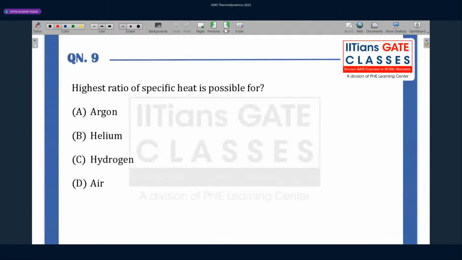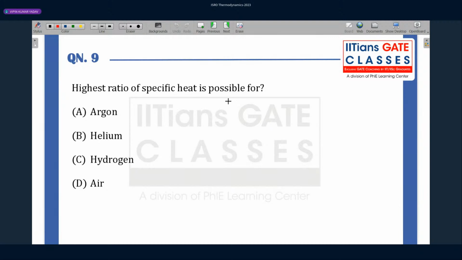Which has the highest ratio of specific heat: argon, helium, hydrogen, or air? Okay. So here helium is a monoatomic gas. Even argon is a monoatomic gas. Hydrogen is H2, and air is also diatomic. So basically,